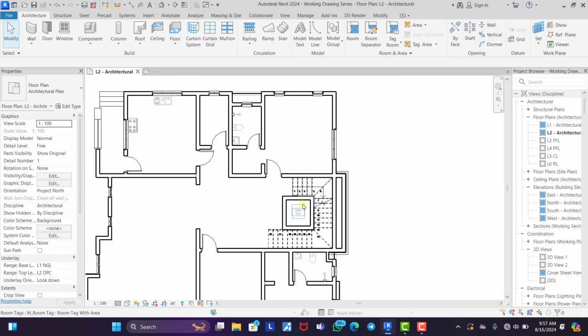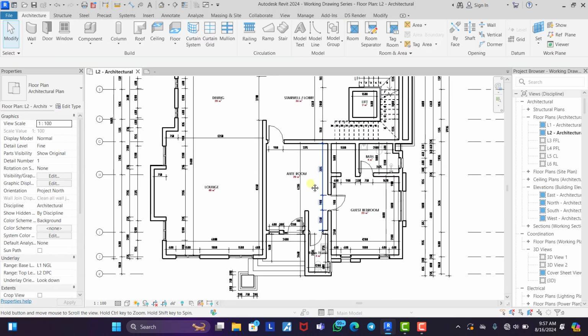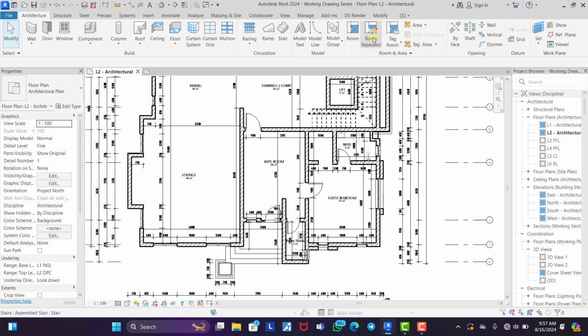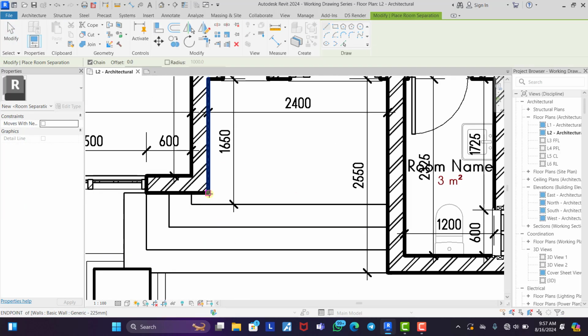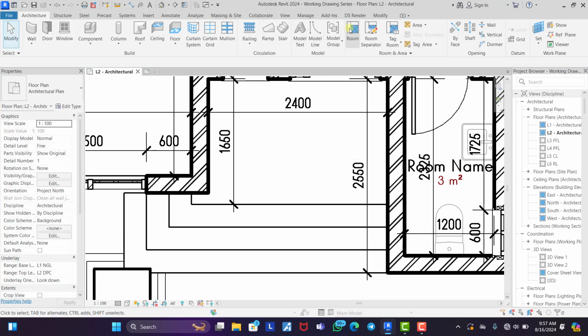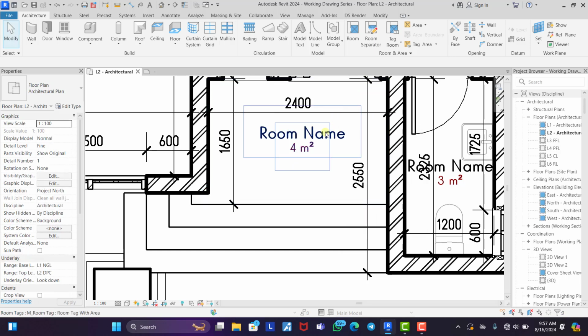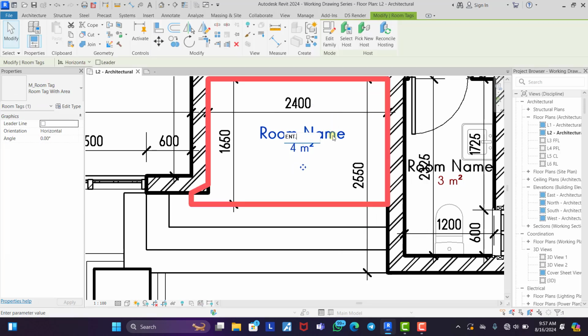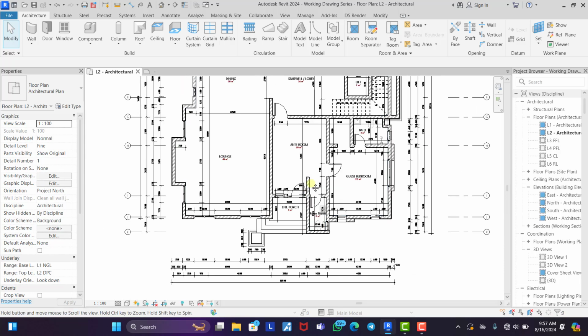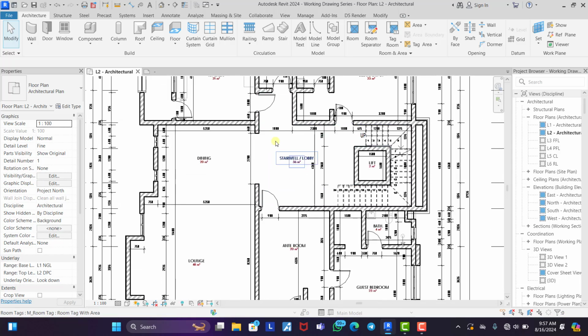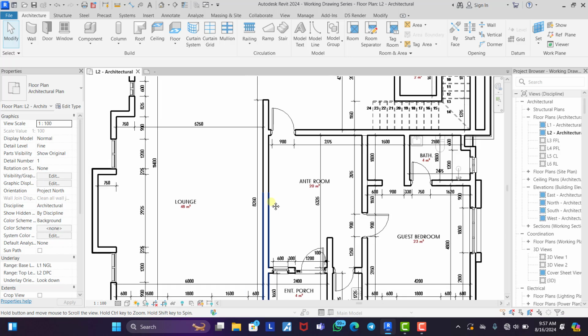Okay. Now that we have successfully named the whole spaces, we also have one more space. Now we use room separator to separate this to this. Then we can now tag this space. Okay, entrance porch. Okay, good. All right, now that we have successfully tagged all our spaces, now we need to place our sliding